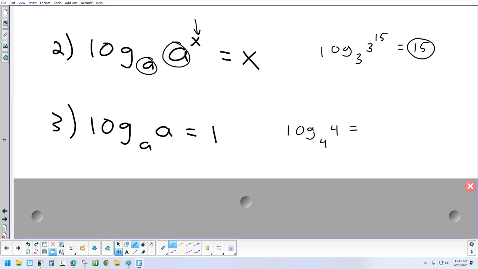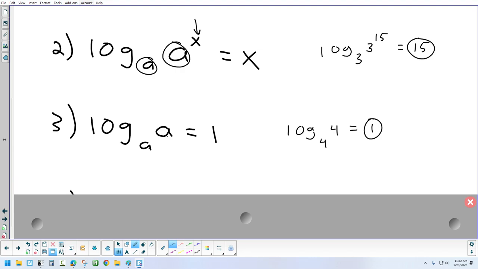This is saying that when you take the log and the base and the argument match, the answer is always 1. So what would log base 4 of 4 be? It would be 1. And if you take this and rewrite it in exponential form, it makes sense why that always comes out to